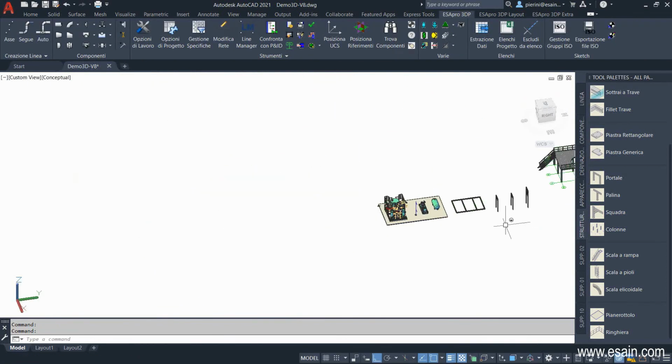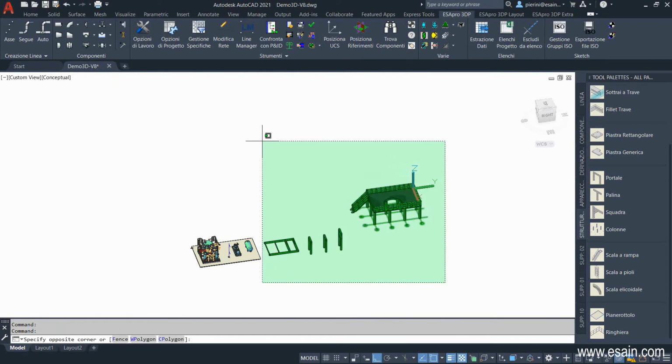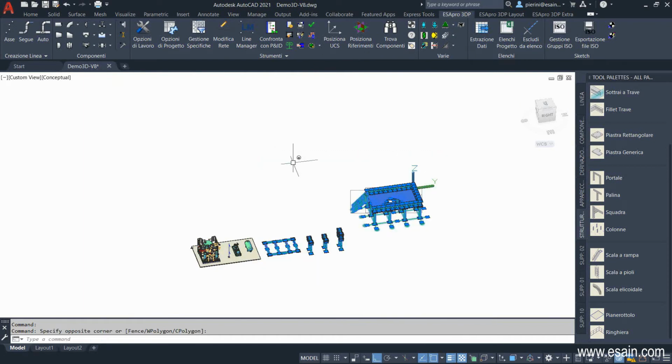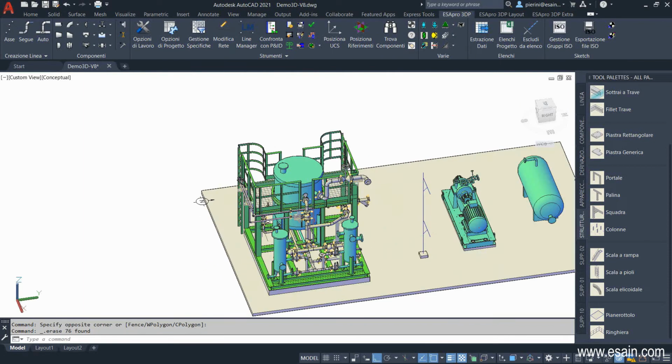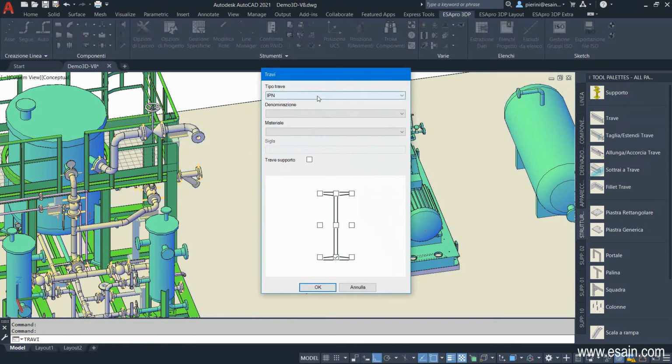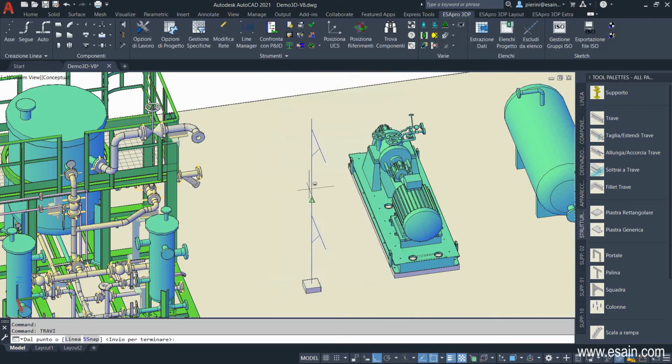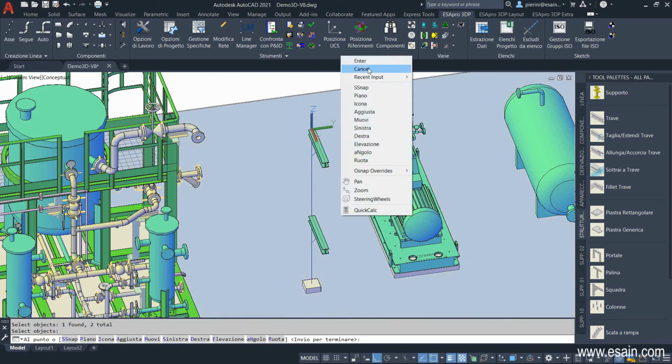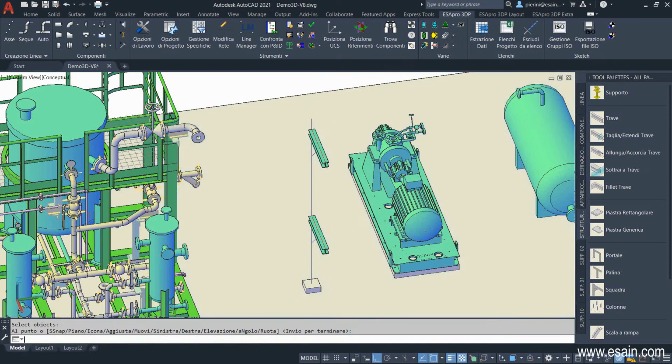After this overview of steel structures, let's apply the commands to draw supports for our piping. Here we have some lines that we use with the beam command to dress them with beams. Select the top of steel alignment and the line option. These beams will be the supports for our pipes.